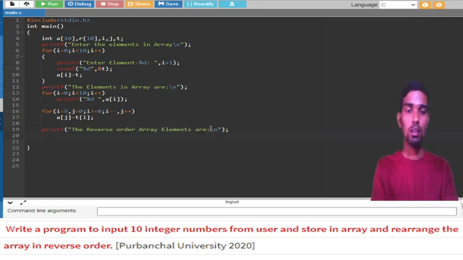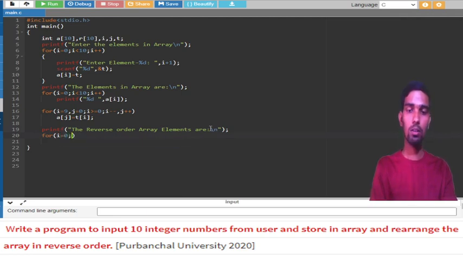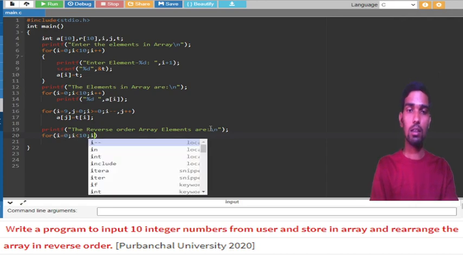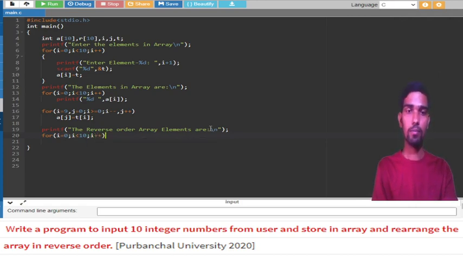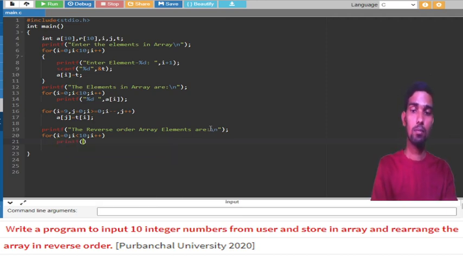Again I will take a counter for int. Not int, I have already declared it. i equal to 0, i is less than 10, i plus plus, and here I will mention print of percent d space a of r.